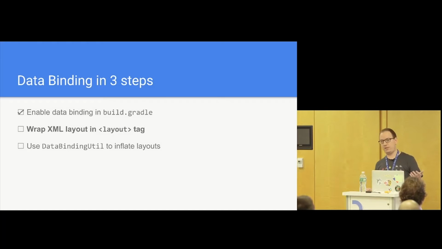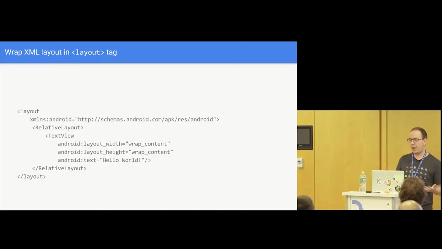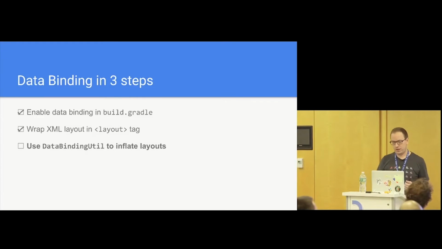It's a text view and a relative layout. And if we wanted to hook this up to use data binding, simply just wrap it in this layout tag and move the XML namespace declaration up to the top level. And that's step 2. So the final step to using data binding is to inflate your layouts a little bit